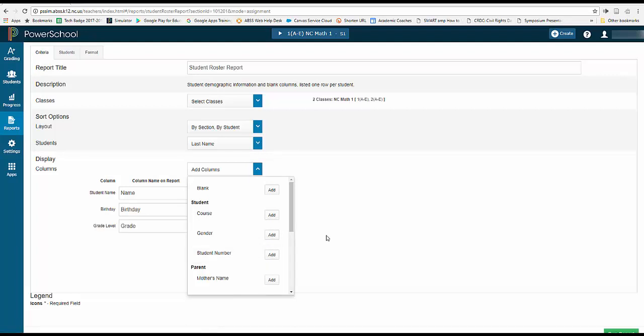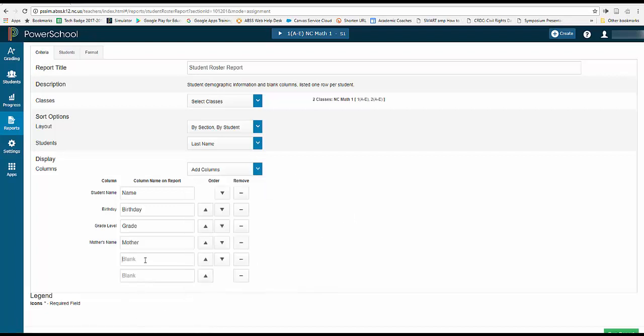So you choose what you want, and then you can go back and add blank columns, or you could do one with all blank columns, or columns where you give it a name. So you can give each of those columns a title. Maybe you want to include whether or not they've turned in their form, if they have any medication or special